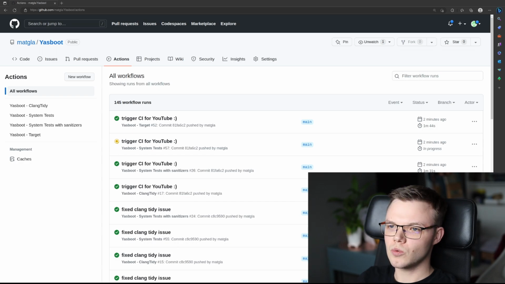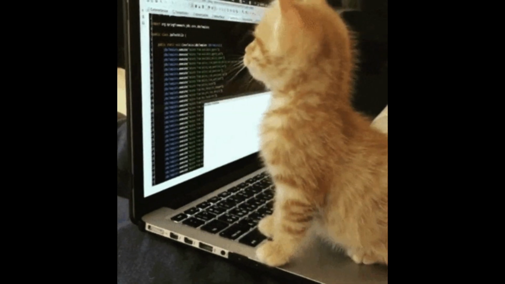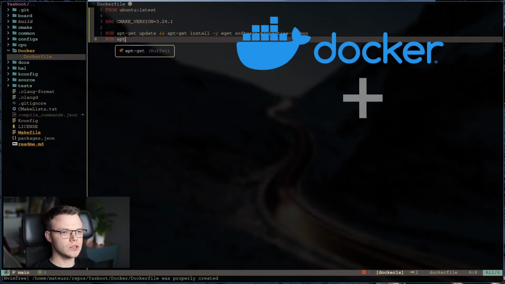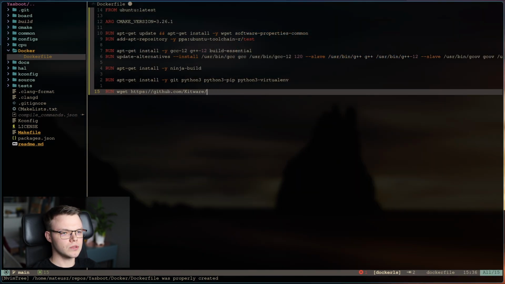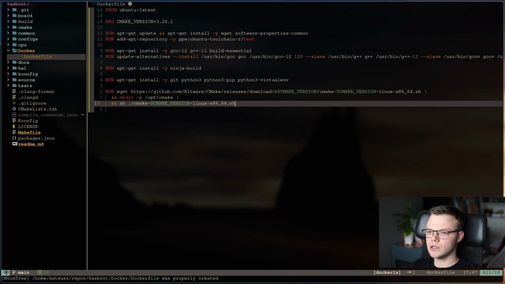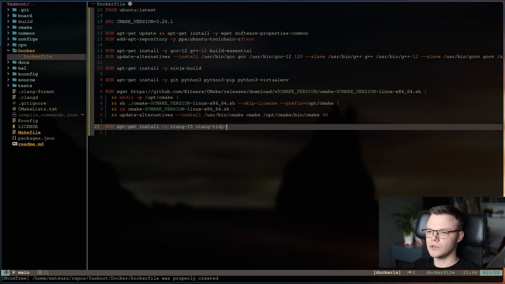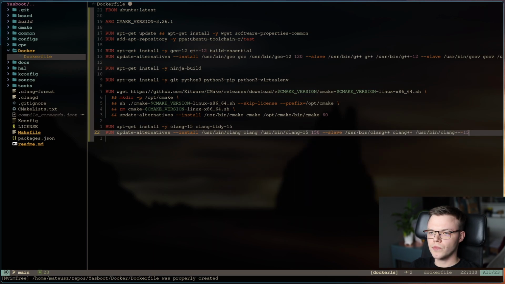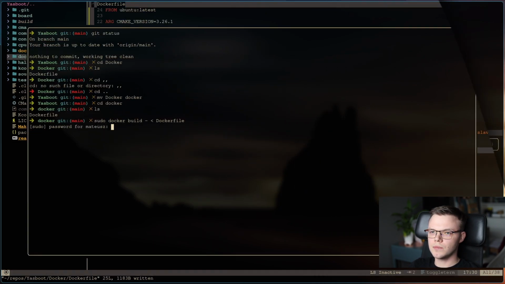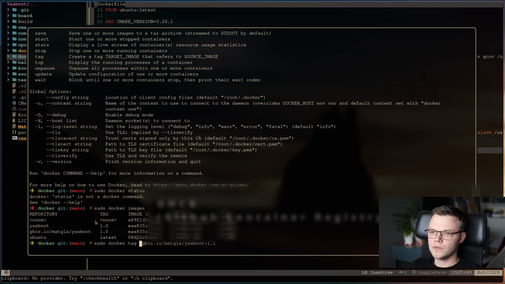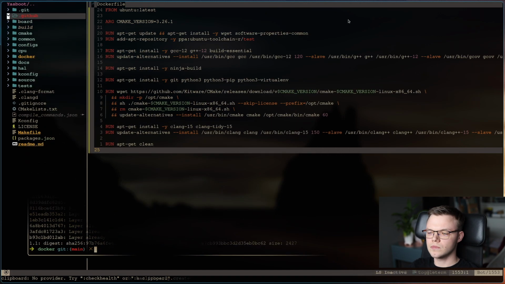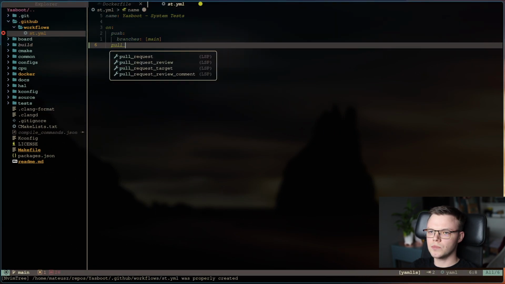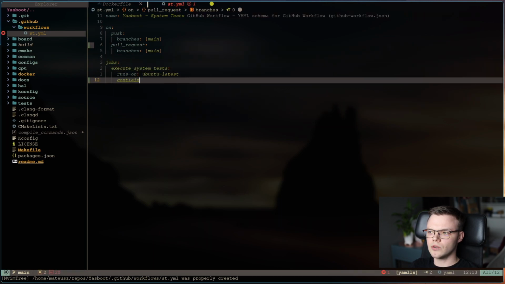At the end of this episode we want to achieve everything green, like on that slide. For my continuous integration I used Docker with GitHub Actions and also with Sonar Cloud. Sonar Cloud is used as a static analyzer, but it also has a nice view of code coverage. I'm using GitHub Actions together with Docker because otherwise each workflow must fetch the toolchain on its own, and this increases time significantly. After that, let's create our image and push it to the GitHub container registry.